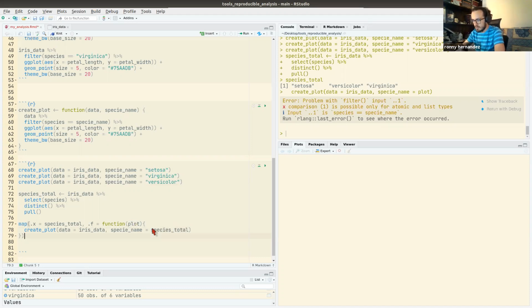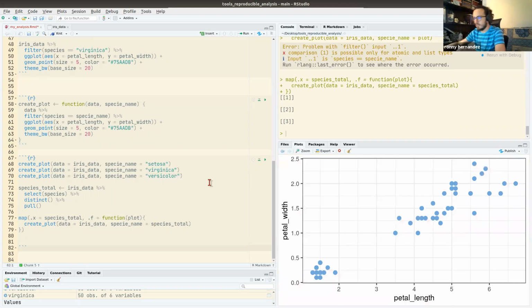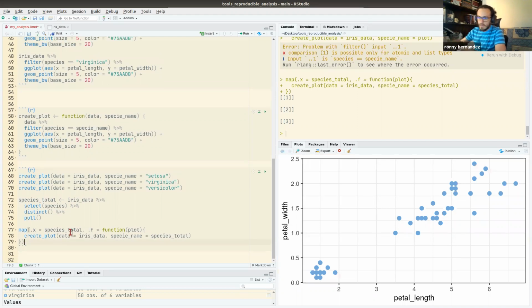Species total. Okay, that was the error. I was putting plot over there, and now I have the 3 plots over here. We can do a workshop on loops with map. I have 6 minutes, so